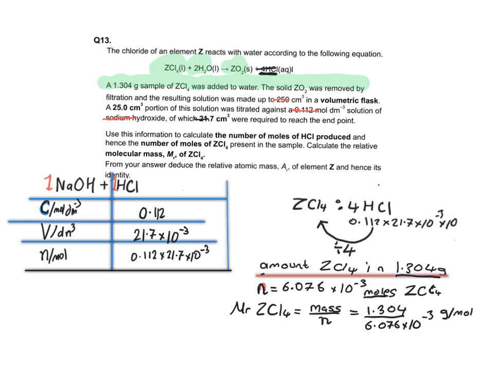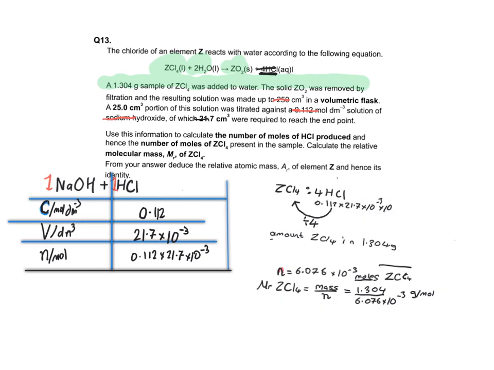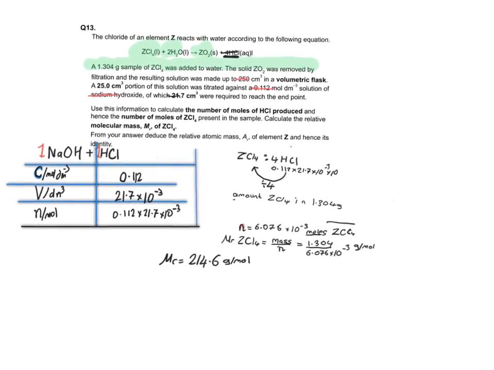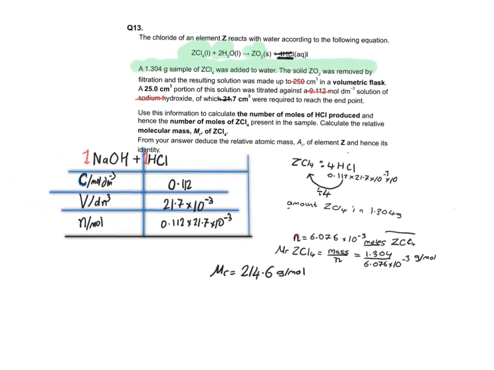Because you're dividing mass by the number of moles. So the MR comes to